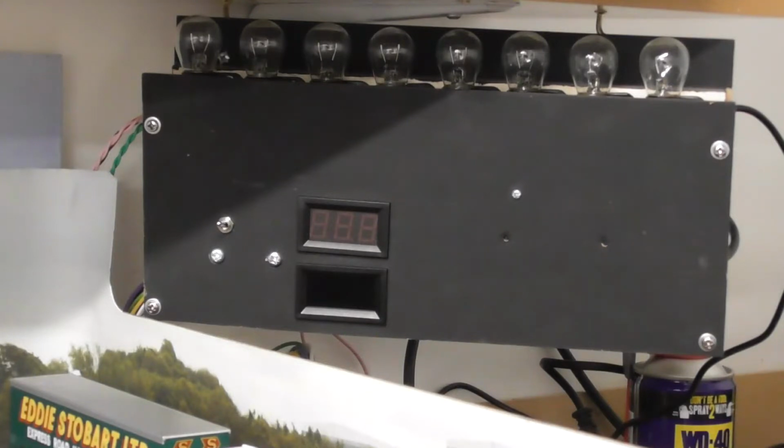And in order to stop, what it does is it trips a sensor, and if that sensor is tripped while the signal is red, then the signal electronics will operate a relay which switches the DCC supply from the main DCC source to a different DCC command station and booster, which happens to be a Sprog, which is inside there. And those two lights are in its